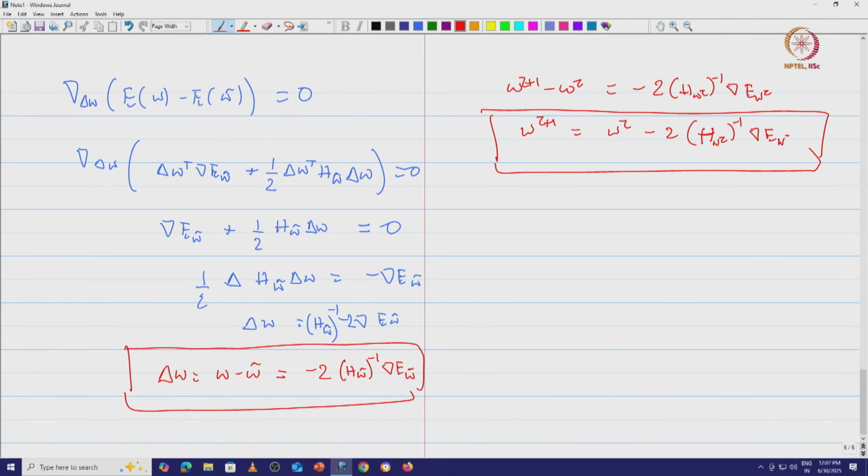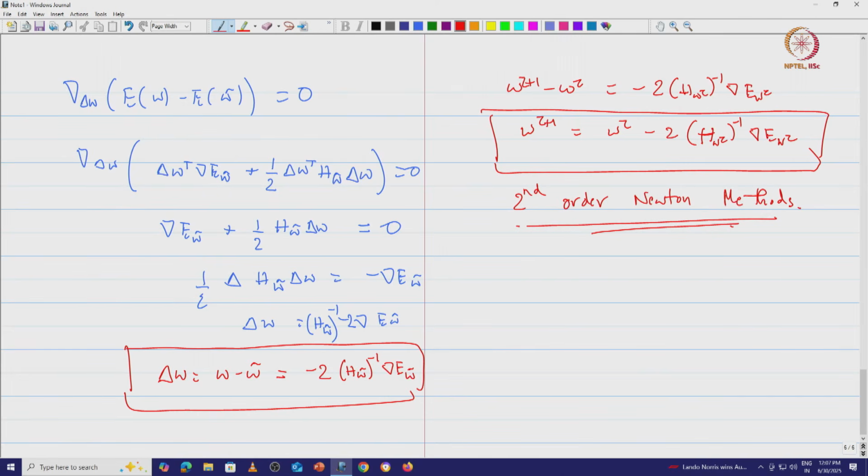Omega tau, omega tau. So here if you look at it in the iterative step, you have the Hessian information at omega tau being used at the step where you are, and then you also have the gradient information that is being used at the step where you are to take the next step, and therefore this is one method of the second order Newton methods, which has been used to arrive at the step.